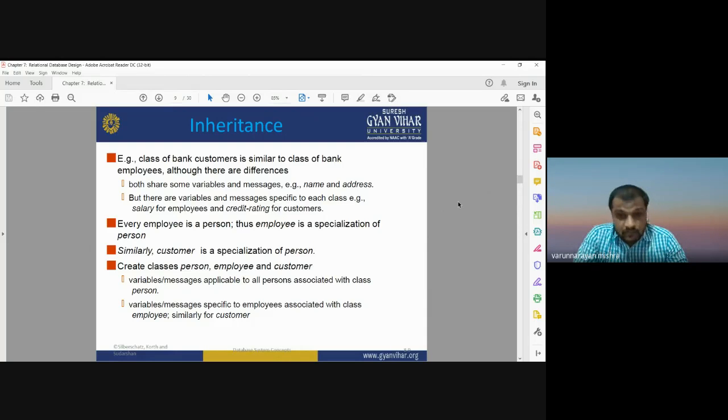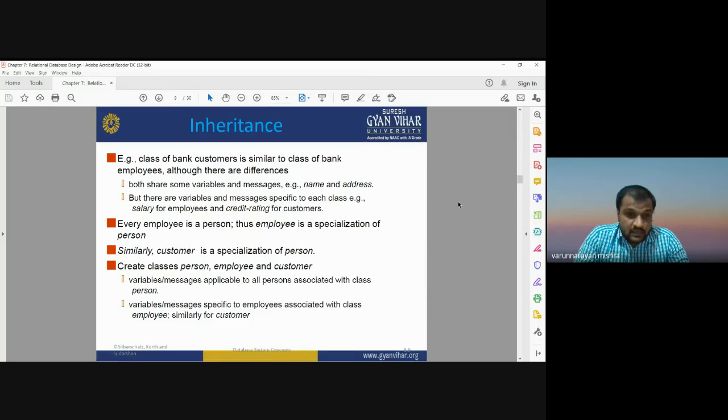A customer is also a person, so we can create the classes person, employee and customer, which may have different variables. A person may have different properties. If a bank has multiple customers, each customer may have a different date of birth, different address, different age group. So it may have multiple variables applicable to all persons associated with the class person.